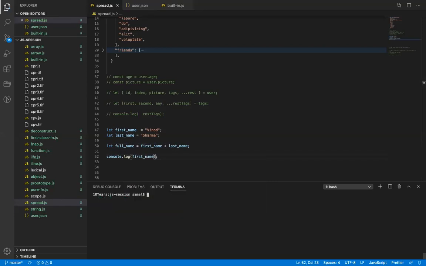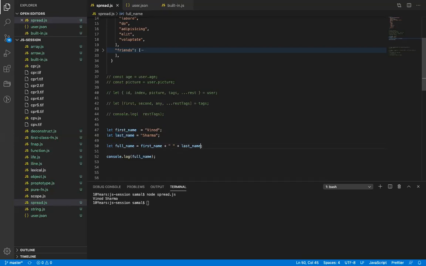Now if I run this, you will see the values basically club together, right? To give a space, we have to use another plus and give the space here. Now it prints the proper name. But this kind of concatenation happens a lot, and it used to create readability issues.